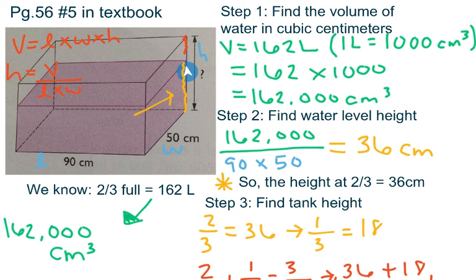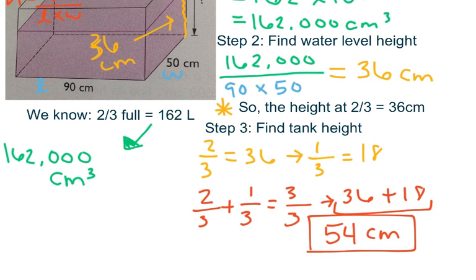So this yellow portion right here is 36 centimeters. Now, that means the height at 2/3 is 36 centimeters. But my question wants me to find the height of the tank. So I only have 2/3 of it. So what I'm noticing here is that if 2/3 is 36 centimeters, sorry, 36 centimeters,